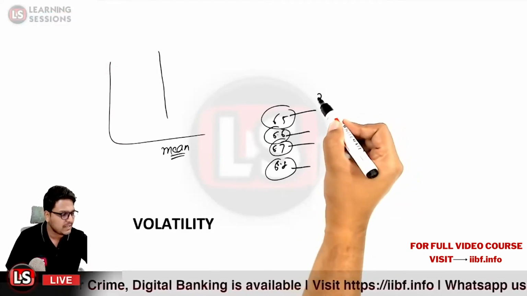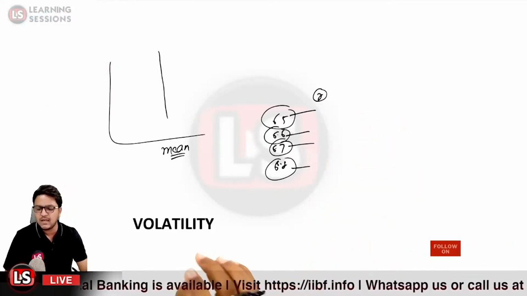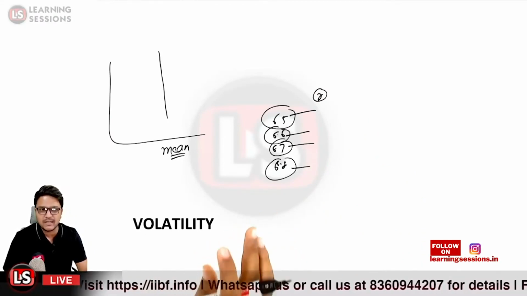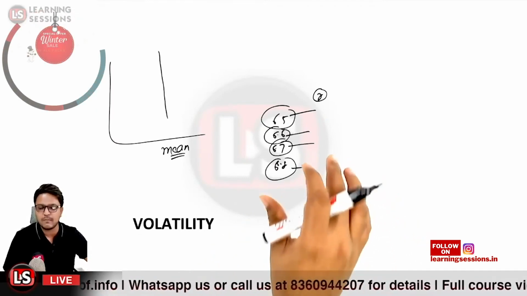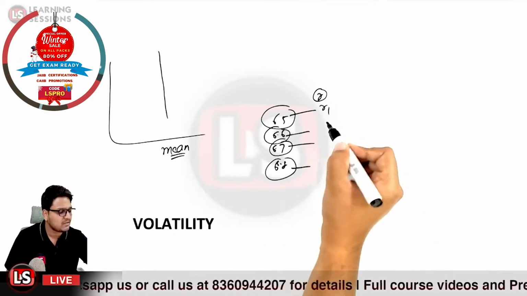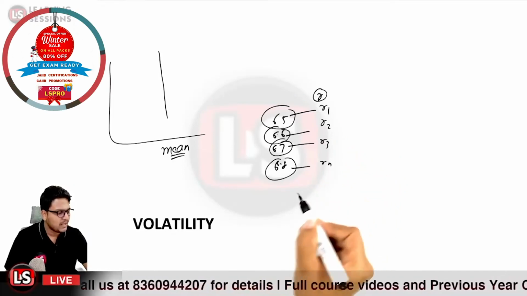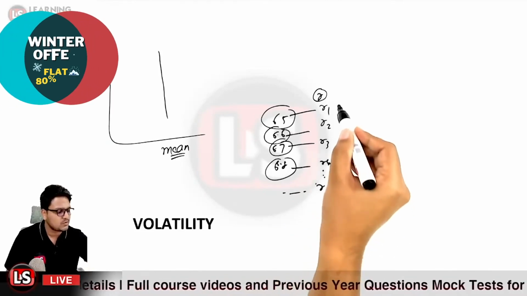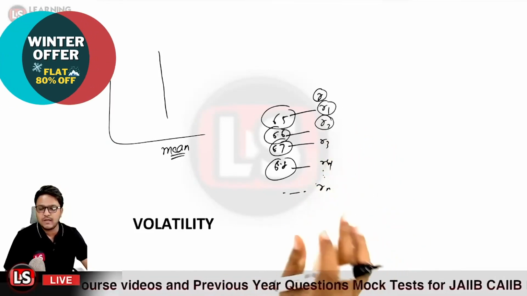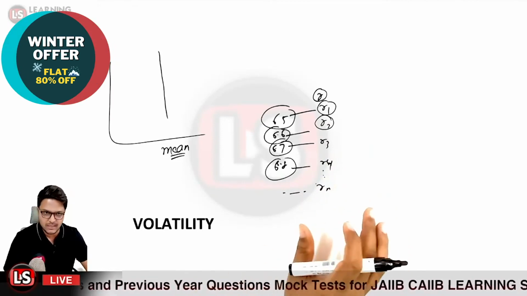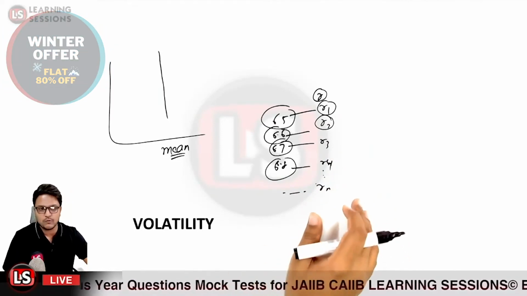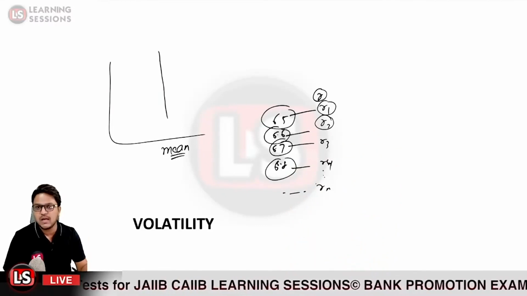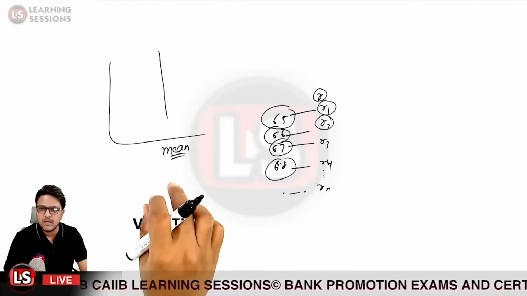So let us take the random variable R. We are assuming any random variable, which is said to be R, and we are looking at its different values at the different market scenarios. Let us say it has the values R1, R2, R3, R4, and so on up to Rn. These are the random values of this random variable R at different scenarios. Is that clear? Now we can find the average of the same. If we club all the scenarios together and divide by the number of scenarios, that would be the mean of the random variable.